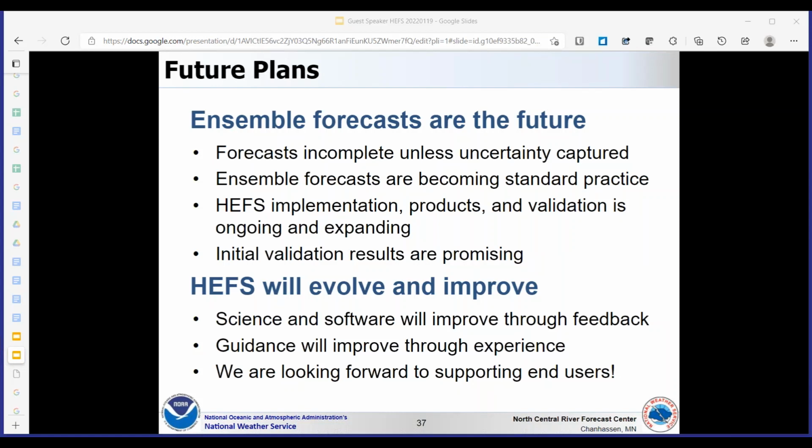All right, so in summary, it's obvious that ensemble forecasts are the future. Separating out these different sources of hydrologic uncertainty and using all available observed data to minimize them should improve the streamflow forecast quality in the future. But there's still a lot of work to be done to improve the results. And we ask for your assistance and patience in helping us evaluate the results in the coming months and years. The goal is to improve forecasts for all of our users.